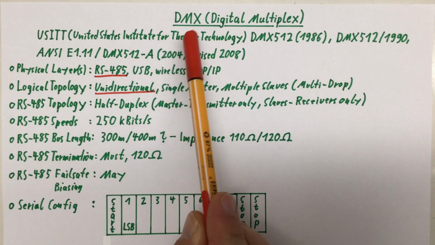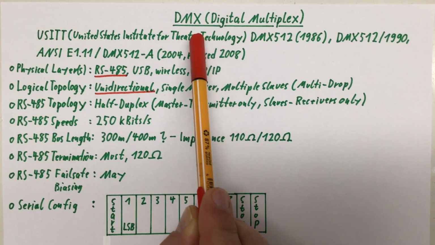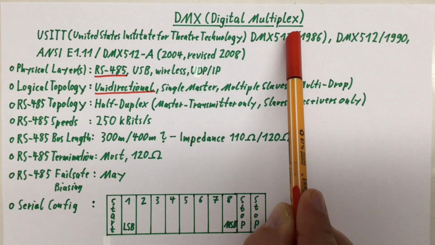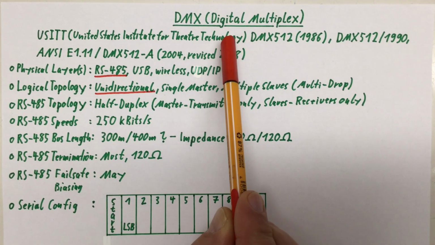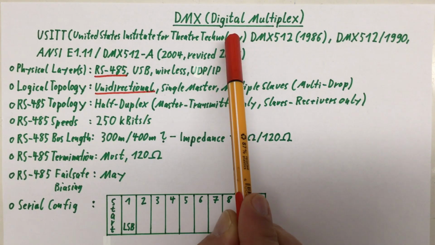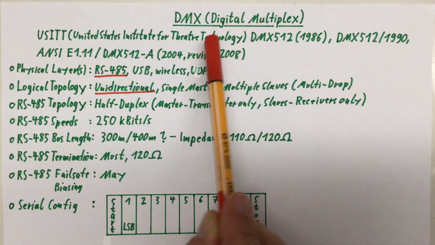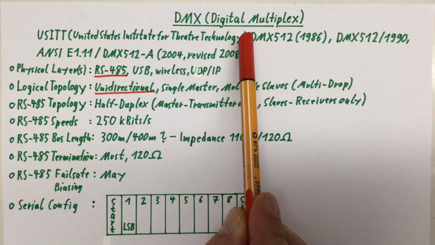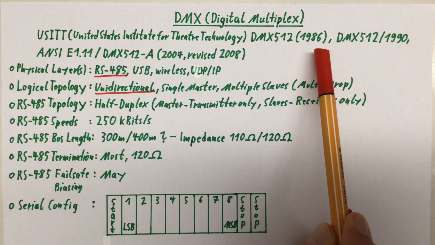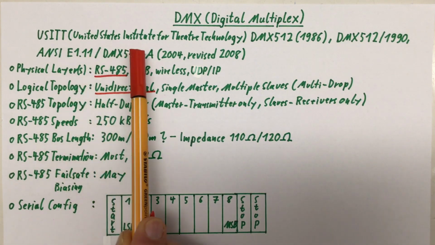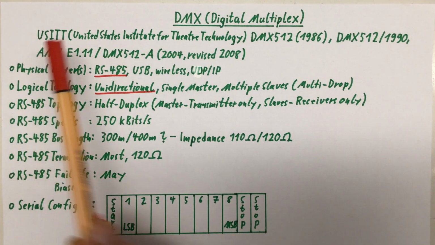Last but not least, the cool kid on the block, DMX, which stands for Digital Multiplex. This is not about industrial automation like Profibus or Modbus. This is about stage lighting and effects, for example lasers. How cool is that? It has been developed in 1986 by the United States Institute for Theater Technology, USITT, and